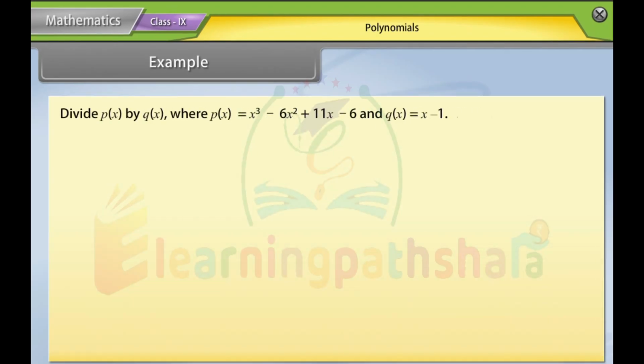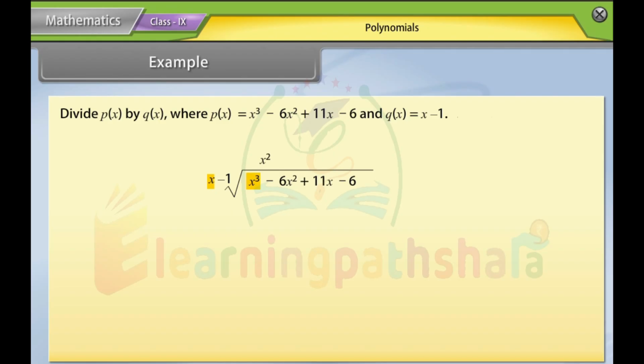Example: divide P(x) by Q(x), where P(x) is equal to x cube minus 6x square plus 11x minus 6 and Q(x) is equal to x minus 1. We can write it this way also. The next step is to divide the first term of the polynomial. The first term should be the one with the highest power by the x part of the factor. In this case, you divide x cube by x to get x square, which you then write at the top